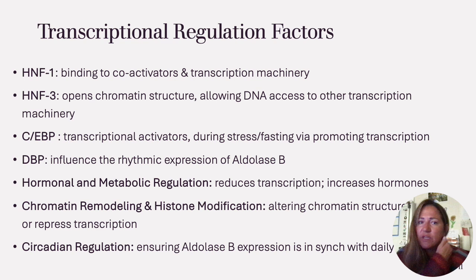The transcriptional regulation of aldolase B involves several mechanisms that ensure its expression is tightly controlled, particularly again in the liver, kidney, and small intestines. These mechanisms include the interaction of the transcription factors with the aldolase B promoter, modulation by hormones, and influence of circadian rhythms. Looking at these different promoter binding transcription factors, again, they're all going to be the same as listed in that last slide, but the